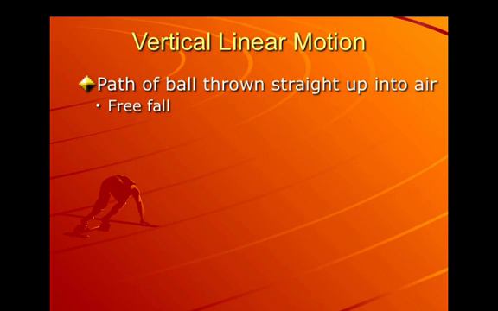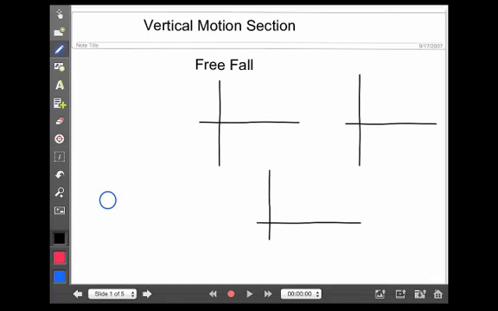So let's look at that path. Here's my ball. And initially we launched it upward with an initial velocity of 20 meters per second. If we follow its path, it went straight up to some point, turned around, and came straight back down. Now, let's look at this idea of velocity, displacement, and acceleration. Well, first of all, let's say that this is our beginning point right here, our beginning and ending point,